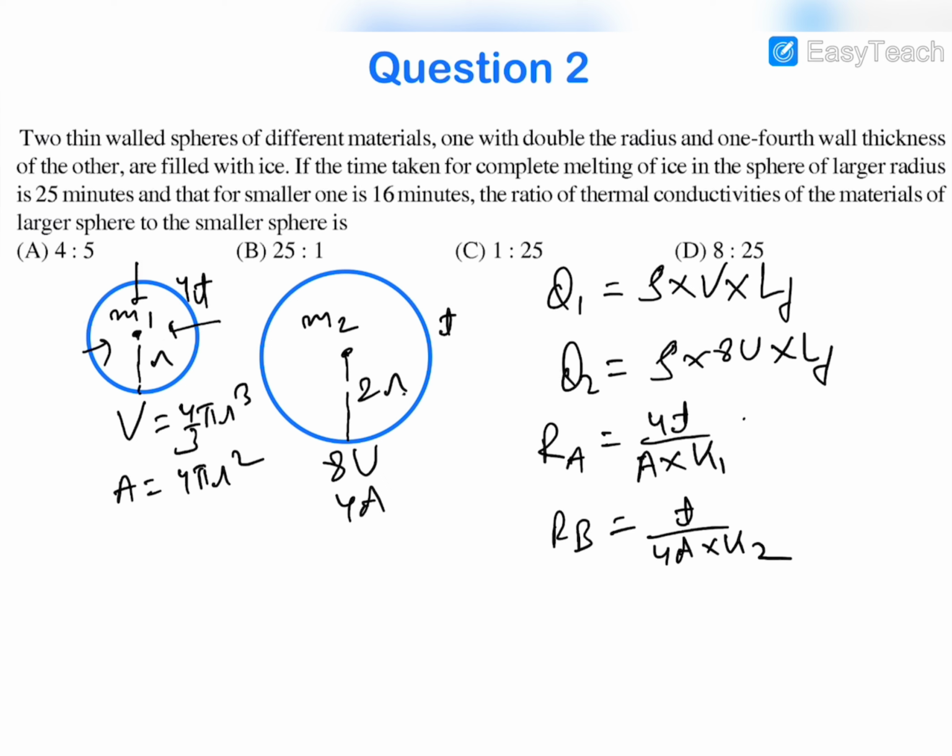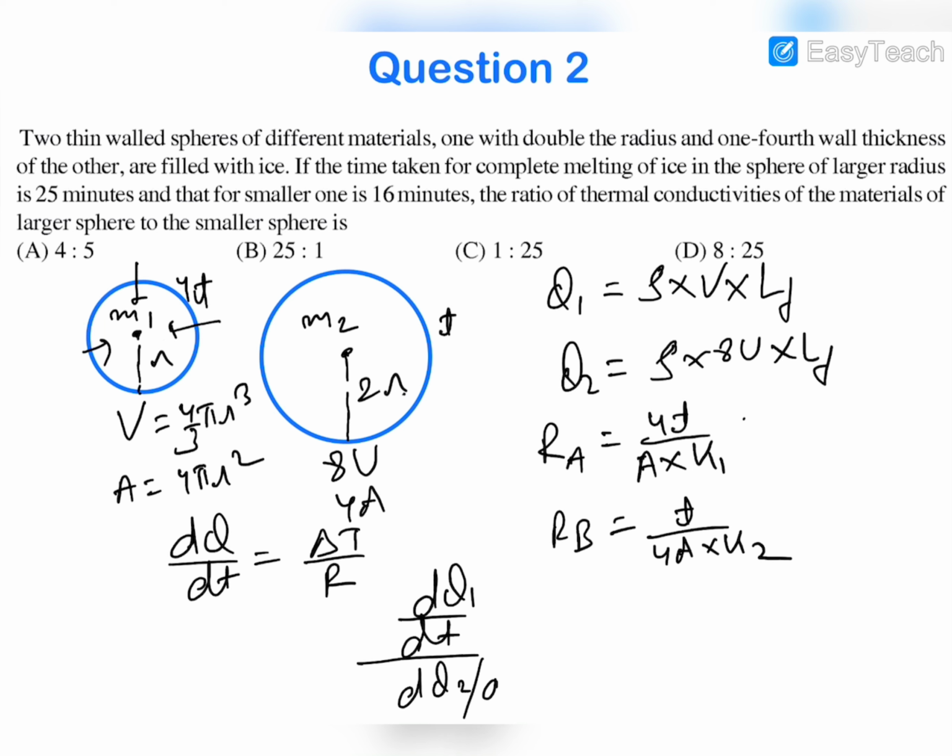And we know that the outer temperature and inner temperature for both of them is the same, so we can say that dQ by dt is equal to delta T by R. So we can say that dQ1 by dt upon dQ2 by dt will be equal to R2 upon R1,